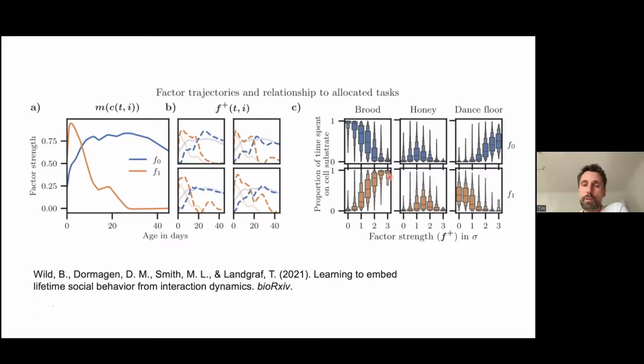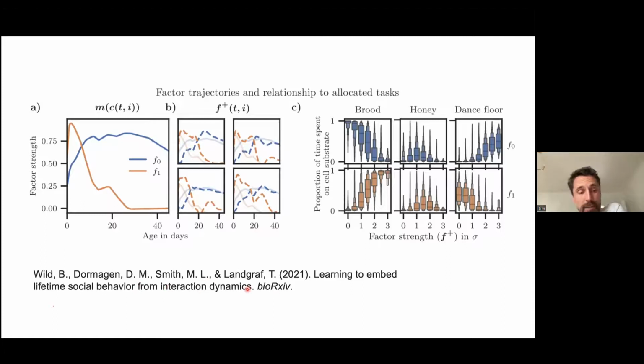And if we have low factor strengths in this factor, which is here, these are old bees, they are never in the brood nest. Yeah? So this is just another way to visualize what we already saw. And this makes sense. We can predict the task. We can do whatever I showed you with network age. Also with this, it's called TNMF, temporal non-negative matrix factorization. It's a nerdy term, but you can read about this here in this preprint.